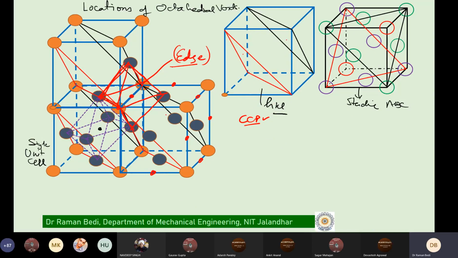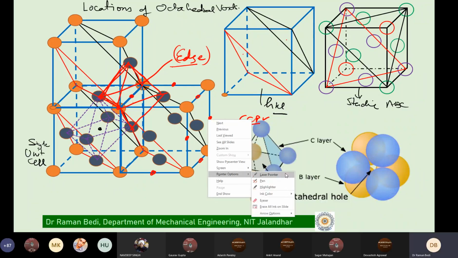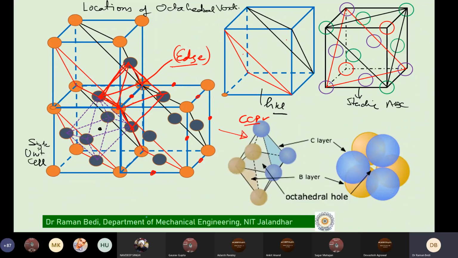And if you now compare it with this figure, which is shown here, which was there in the last slide also, you shall be able to appreciate which atoms we are referring to. So we were saying that you have this as the C layer of atoms. 1, 2, and 3 are the C layer of atoms. They are located in the C layer. And incidentally, now I can see where these atoms are. So you find that in this octahedron, you have one located here, the second one here, and the third one here.